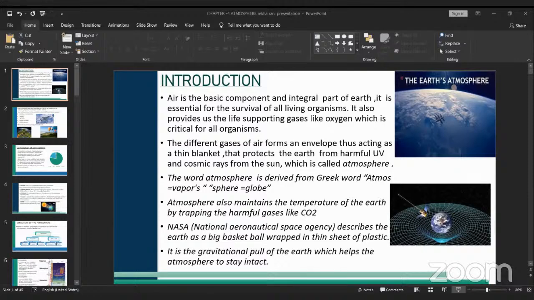So, the main important gases we already discussed. The atmosphere helps in various activities of human beings like the flying of hot air balloons, jet planes, and launching of satellites, etc. We have different climatic changes due to the presence of the atmosphere, that is variation in temperature, rainfall, humidity, moving of winds, and ocean currents.